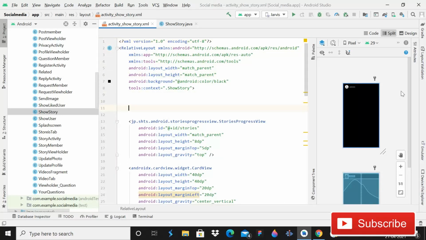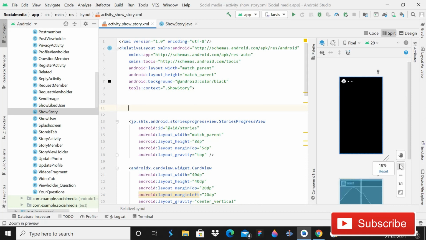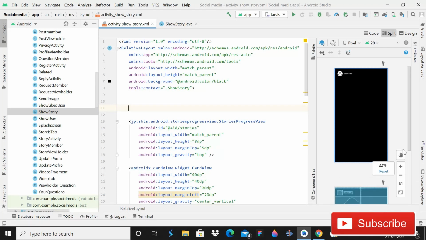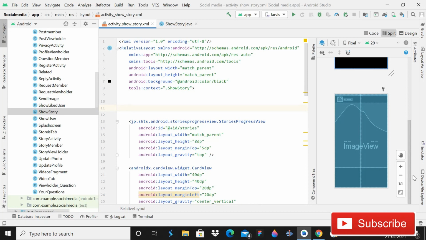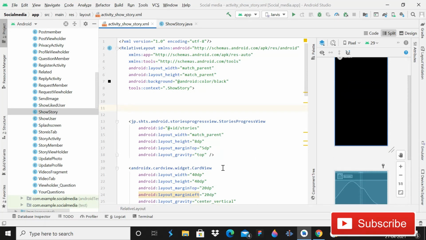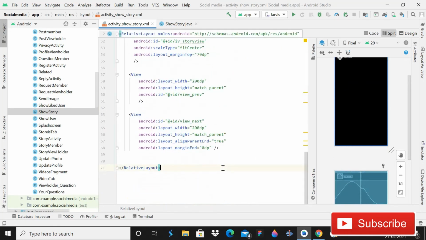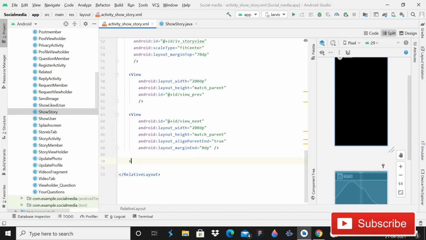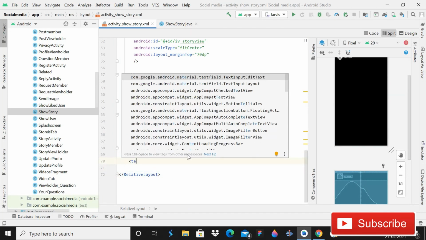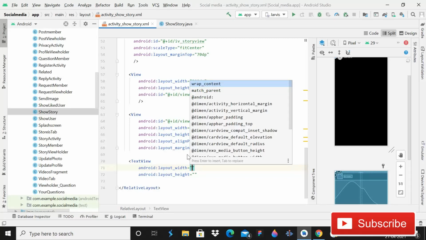Understand? So you can see that this is our show story activity. Here we have to implement two things, a text view and an image button. Simply go down here and write a text view for showing the number of views.